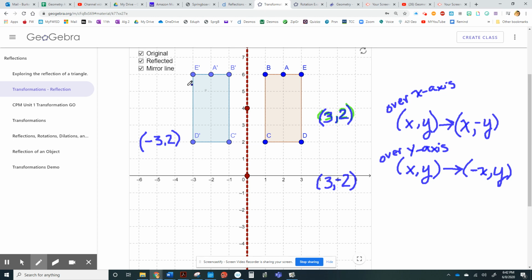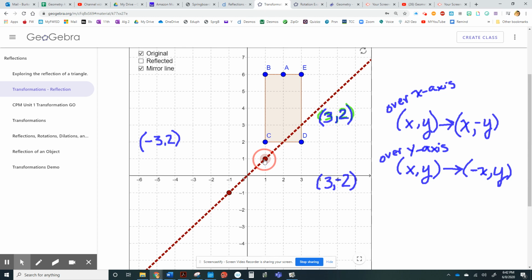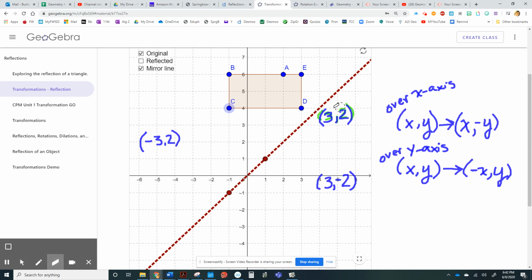Okay, now the last one that they were talking about, I'm going to hide the reflection. They were talking about the y equals x line. So I'm going to graph the y equals x line. I'm also going to move these points just to make it come out to be really nice. Let's make it a rectangle this way. My D value is no longer at 3, 2 though. So that's changed. We can erase this